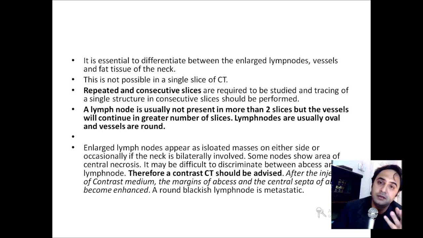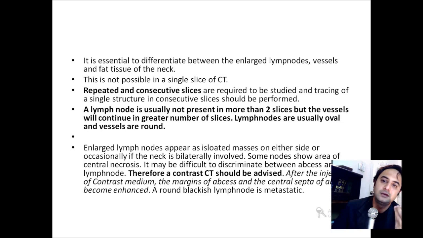If it is visible, it will also be greater in circumference, from where you can identify it clearly and differentiate it from a vessel. The diameter of the node will also increase if it is extending beyond 2, 3, or 4 slices. Obviously it won't elongate in a single direction; the diameter will also increase. So for a node you have to check 2 things. The first is the cross-sectional diameter, and secondly,